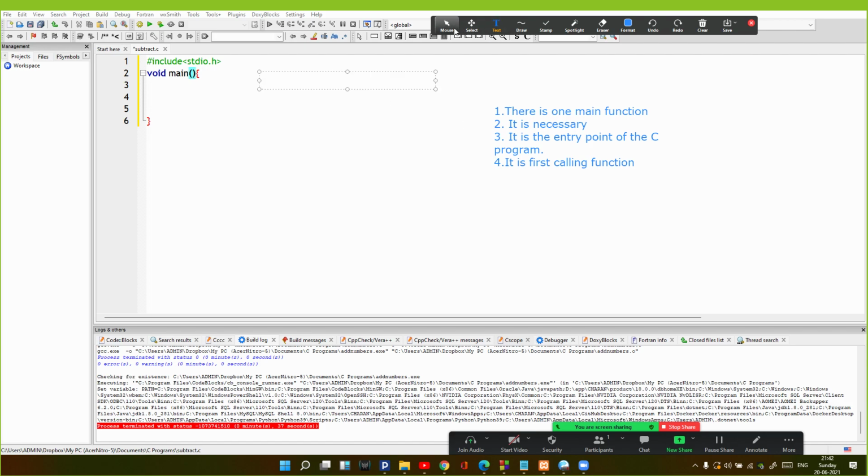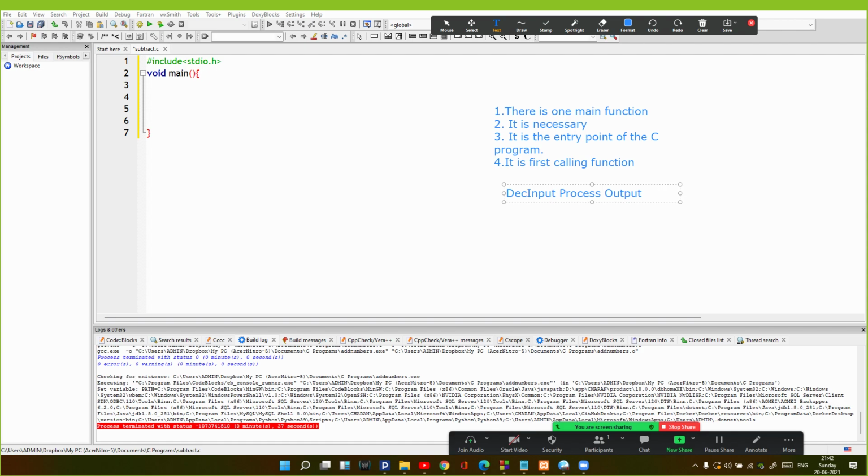Inside the main function we'll write the code of the program. In every C program we follow certain steps or a certain procedure, which we can say is the algorithm of the program. If I have to say these steps simply, I can combine them in 3 steps: input, process, output.